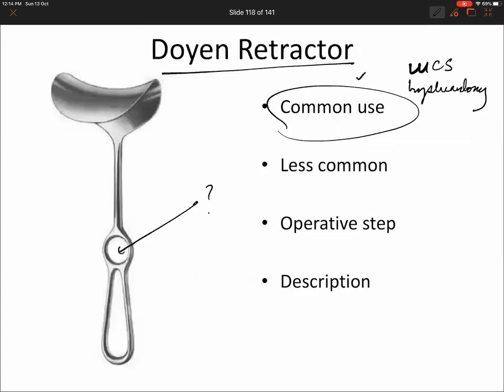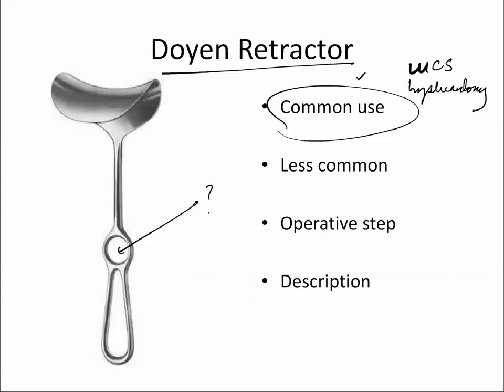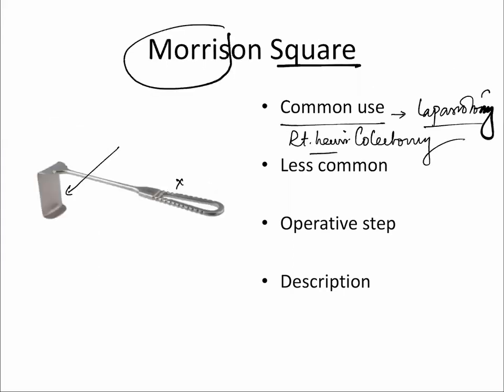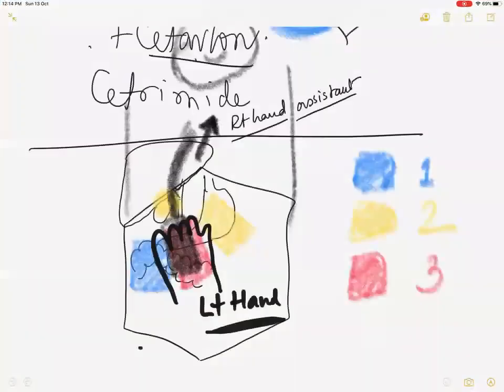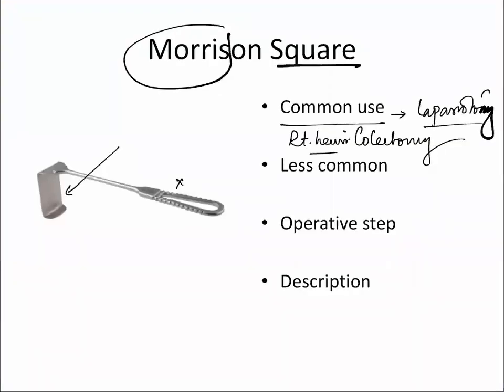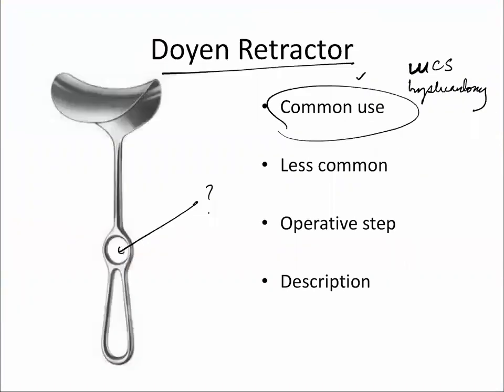No ring, only here. Because if you want to make it, will it need an assistant, yes or no? Yes, it will always need an assistant. I told you this one. See the hands of the assistant. But sometimes you may be operating and you may require only one assistant to do other things.